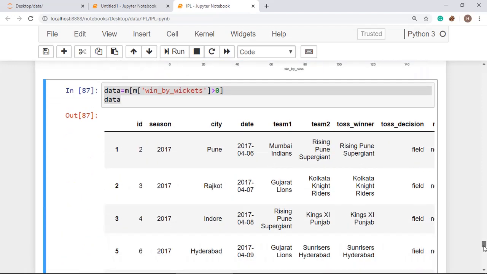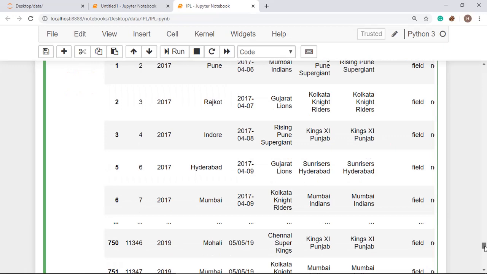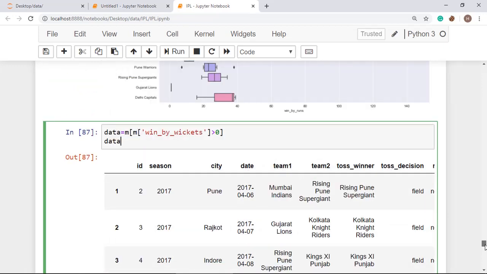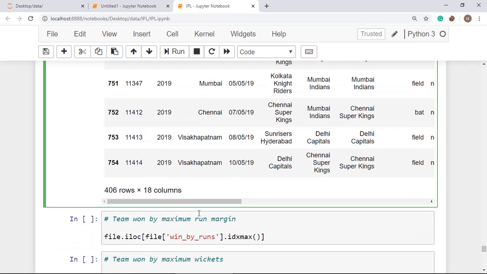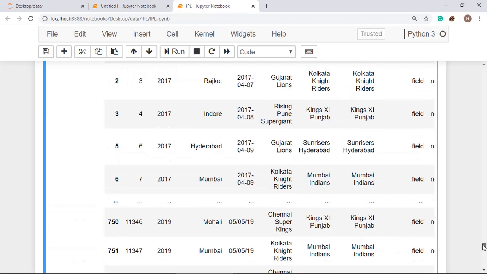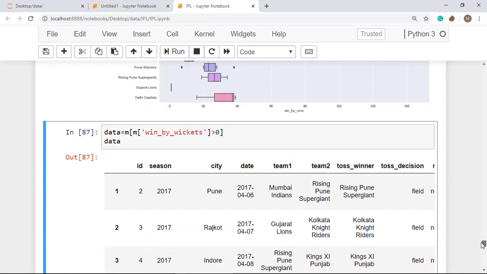Now I am showing you the data. You can also see the data of how a team has performed when they are batting second. Okay, so this is the team performance of all the teams when they are batting second. Okay, bin by wickets.